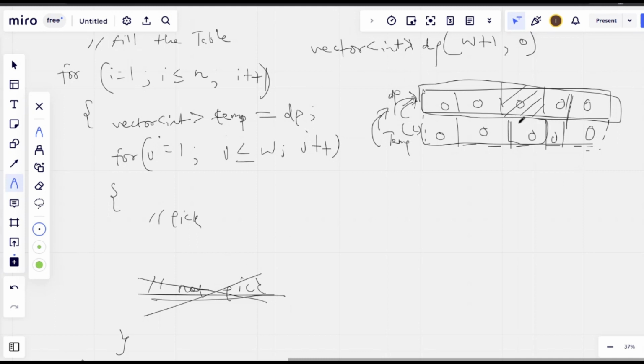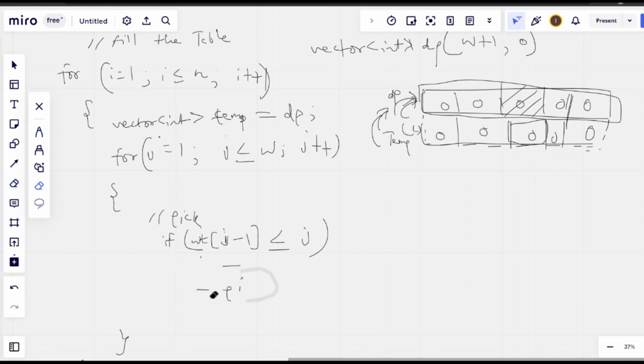already not picked. Now if we are going to pick, then we need to check this condition: if the weight of I minus 1th element is less than or equal to j, if this condition is satisfied, then we will update our dp, the temporary array. Let me just do it a little more clearly. So we will just update our temporary arrays. Let's say we can pick an element here, so I will just update this temporary jth position, because this is